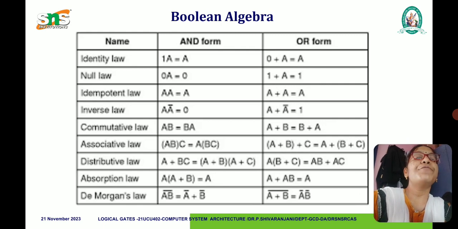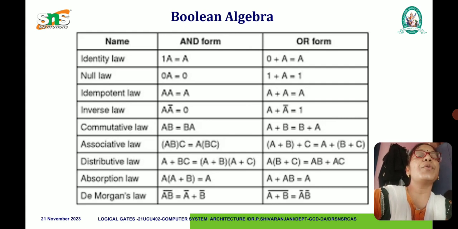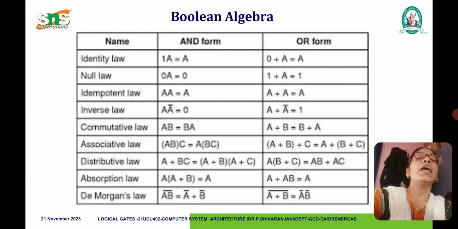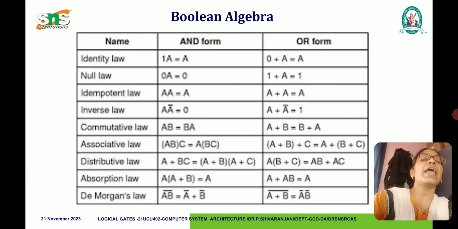In AND form, the identity law is represented as 1 dot A equal to A, and in OR form it is represented as 0 plus A equal to A. In the null law, the AND form is 0 dot A equal to 0, whereas in the OR form, 1 plus A equal to 1. Idempotent law: A dot A equal to A, whereas in the ORing form A plus A equal to A. In inverse law,